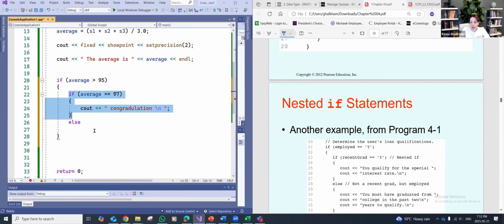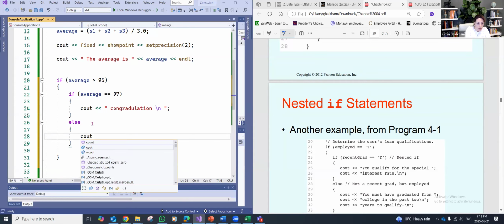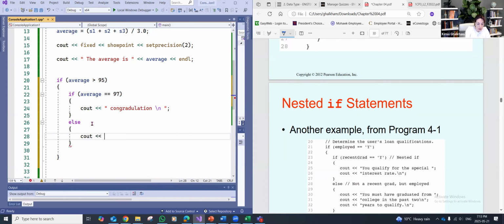Else, I'm going to say repeat again. For the else also, I'm going to open a bracket and say cout "Try again". Else say try again. This is going to be considered a nested if